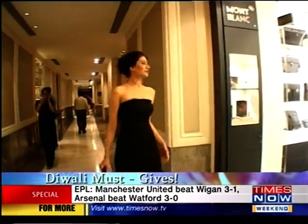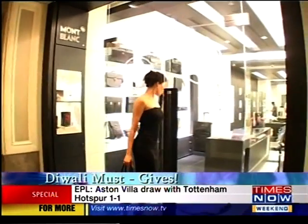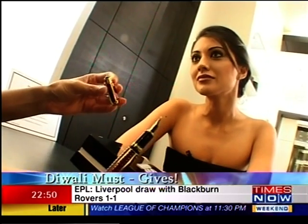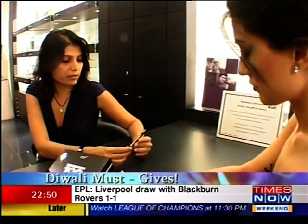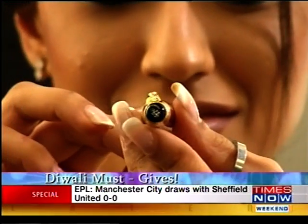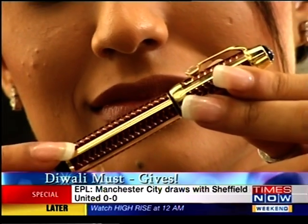And if you want to script a style statement quite literally this Diwali, then get yourself a Mont Blanc. This is a limited edition pen created to commemorate Mont Blanc's centenary. Just 100 pieces in the world, and this is the only one in India. It has a diamond in the shape of the Mont Blanc logo, while the pen itself is made of red